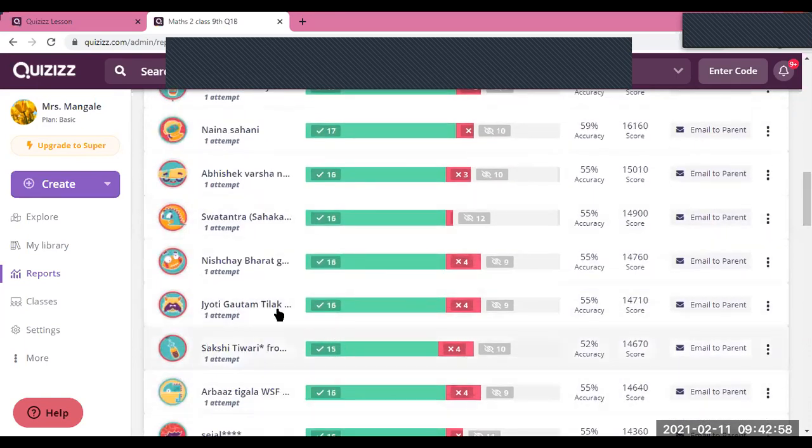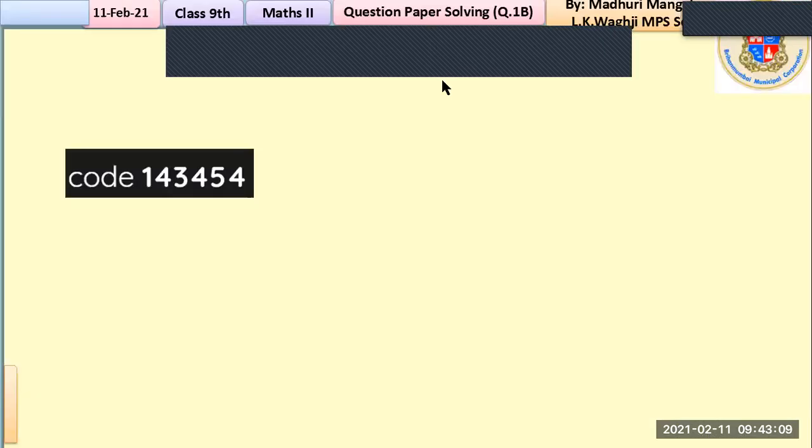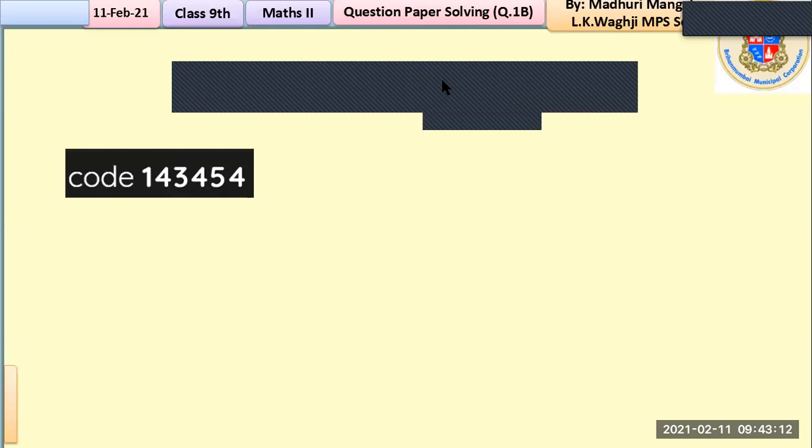Sakshi Tiwari, the one who is always on the top, has scored only 15. No worries, Sakshi. Just try to practice some more 1 mark questions. Just try to be good with your basics, students. That is the formulas and the concepts. Like diameter is double of radius. Radius is half of diameter. Tan of 45 is 1. Simple formulas. Try to make charts of them. Try to make mind maps, and it will be very easy for you. And when you see it, you will be able to recall and visualize the formulas and concepts easily.